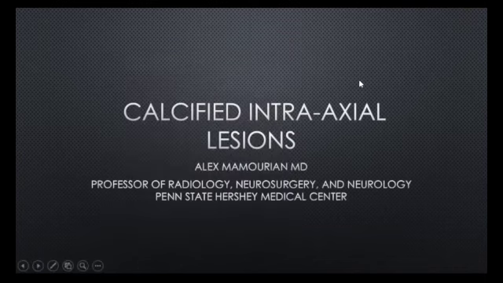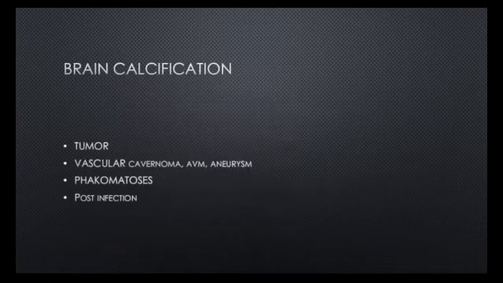So let's talk about calcified intracranial lesions. As I mentioned, tumors, vascular malformations, these include cavernomas, arteriovenous malformations, and occasionally aneurysms will calcify peripherally. There is a family of diseases called phacomatoses. We'll talk about one in particular, tuberous sclerosis, which is associated with calcification. And finally, just mention post-infection, that after pediatric infections and after even adult infections with granulomatous disease, you'll occasionally see